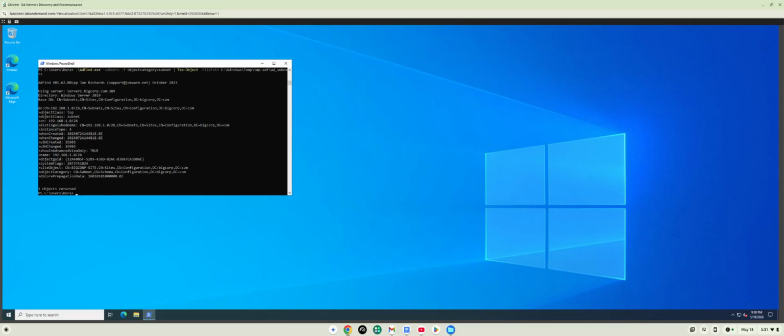All right, so again, we have one entry here. The information returned to us is the subnet name, the subnet address range, and the associated site. In this case, our subnet is 192.168.1.0/26. So commands like these can reveal details about a network structure, including the IP ranges, subnet masks, and